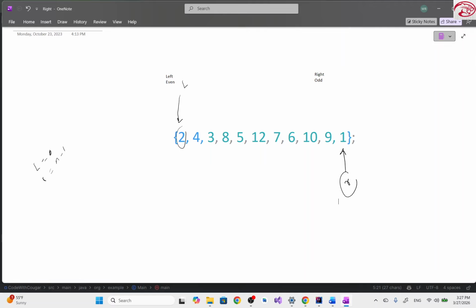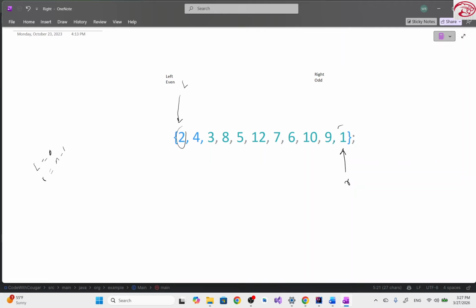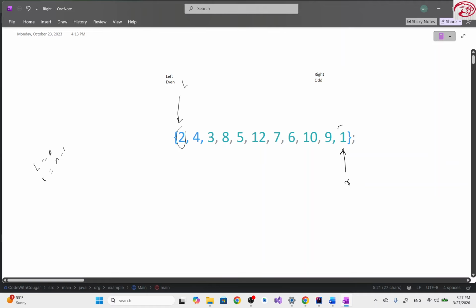I keep looking from the end of the array down toward the beginning, until I find an even number. If I find an odd number using my right pointer, it's in a good position, and I don't need to do anything. Okay, I'll say while